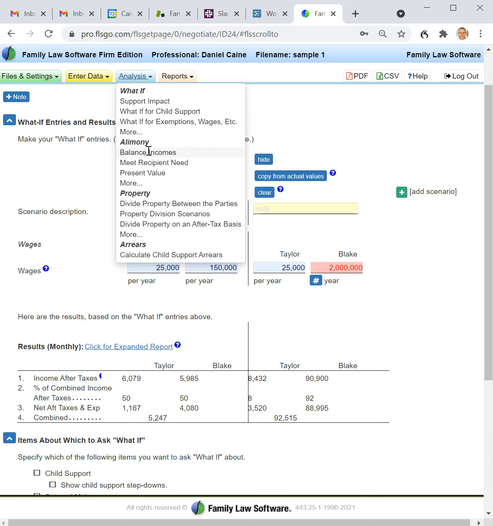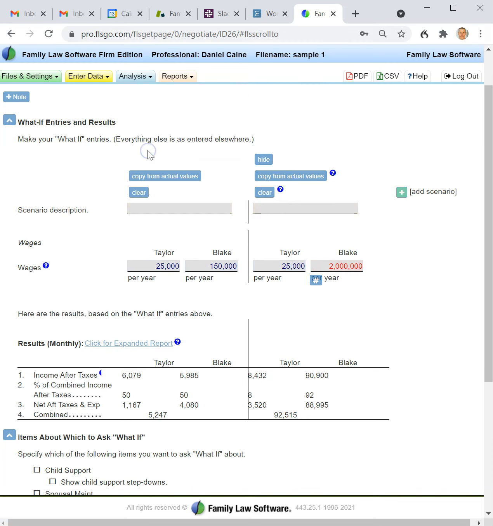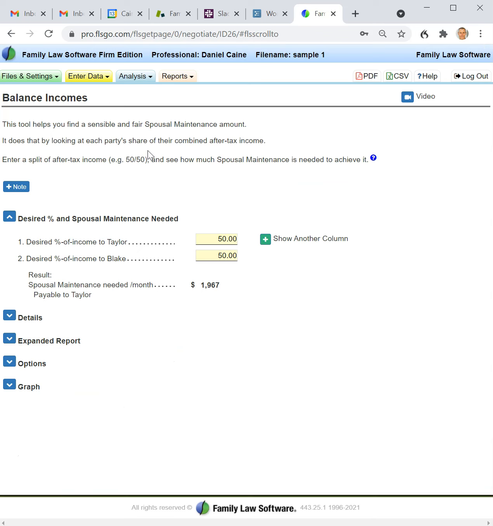Now let's move on to the alimony or spousal support tools. And there are 2 ways that the software allows you to approach in a rational manner the setting of alimony. The first one is balance incomes. We saw earlier that the alimony that we had set brought the cash after taxes, child support and spousal support, to a pretty even level. And what this screen does is it lets you determine how much spousal support you need to do that? So here we have set a desired 50-50 ratio of cash available after taxes, and the spousal maintenance that's needed to get to that point is